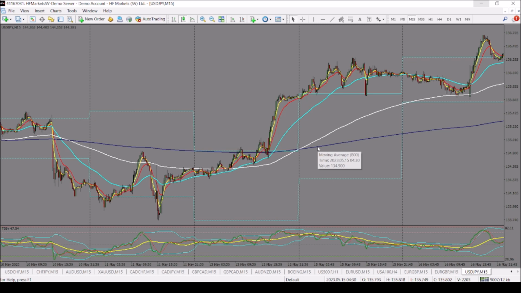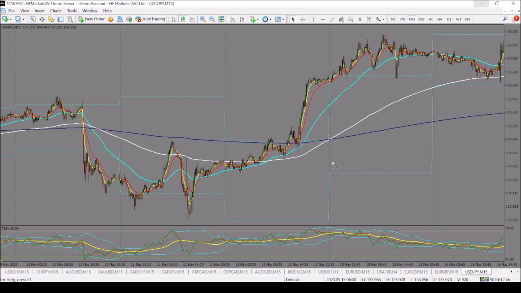I receive a lot of comments asking what is their period. The period for this is 200 and the period for this is 800, and they are all exponentials applied to close. You can as well add these on your phone, on your tablet. It doesn't matter any trading device you are using. So right now we are on USD JPY, USD Yen, and the other two that you are going to need